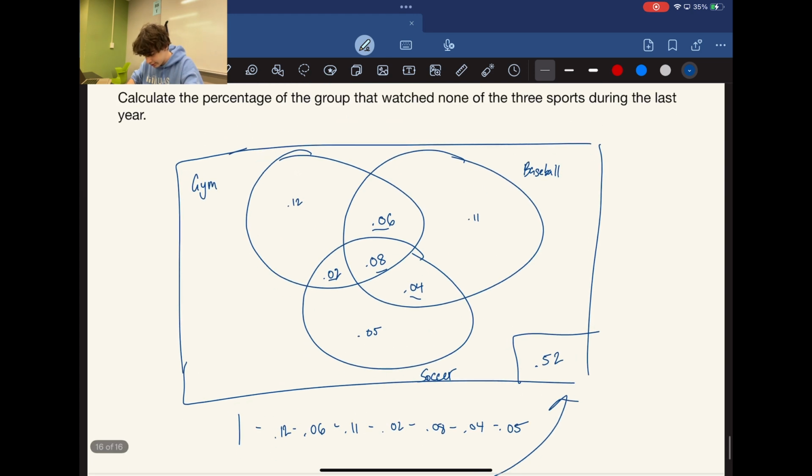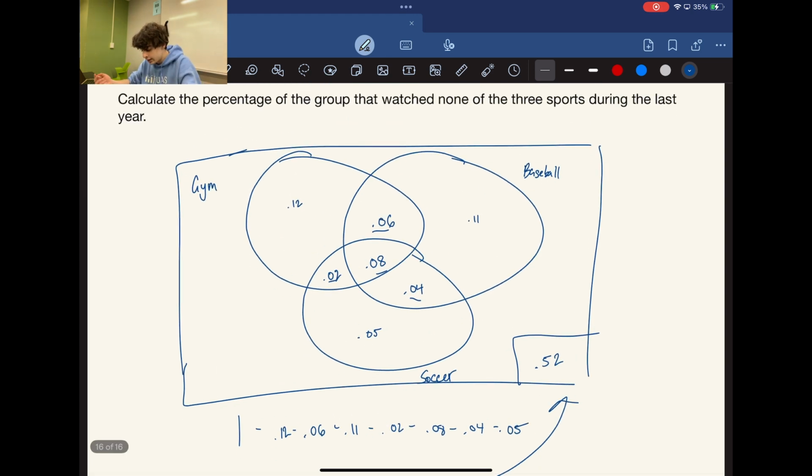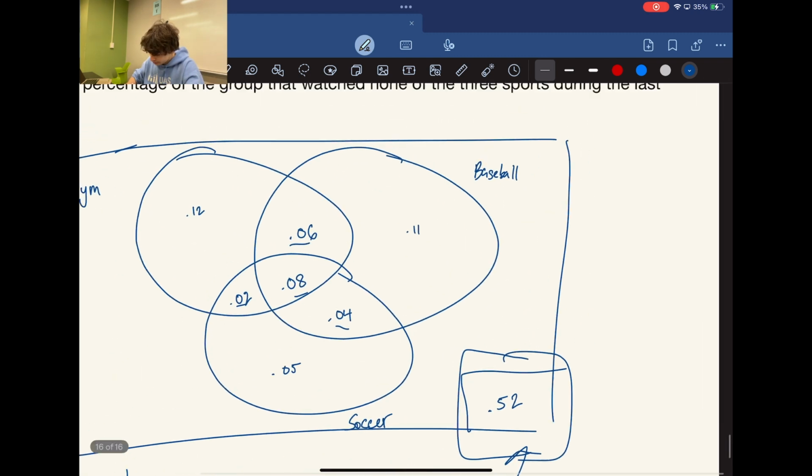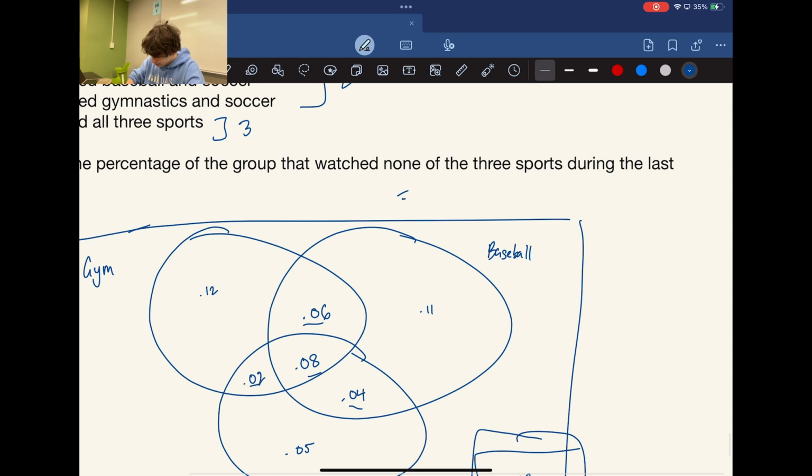And if I remember correctly, that's what the question's asking for. They want you to calculate the percentage of the group that watched none of the 3 sports during the last year. And that is going to be noted right there. So the answer to this problem is